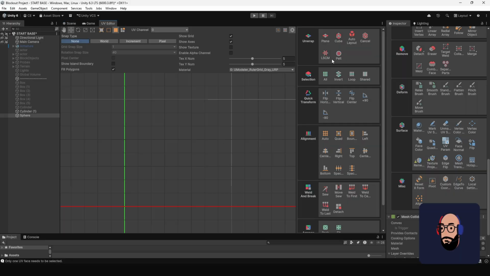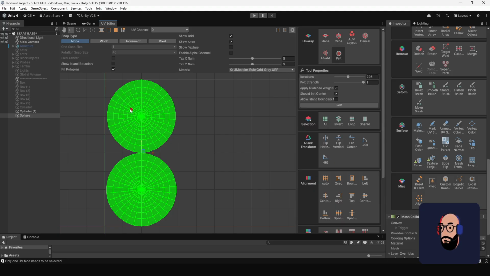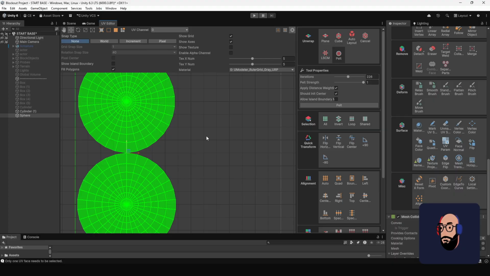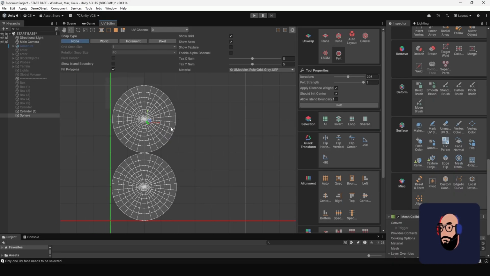So what I'll do is go ahead and do the LSCM. And so now we have that split. Now again, see how easy that was to do. So this is going to be probably your next favorite tool. So now with the pelt here, we can go ahead and use that. So for instance, we can use the pelt here,